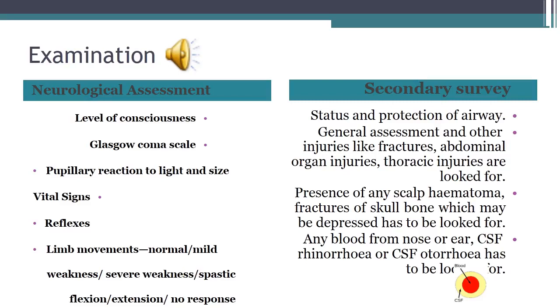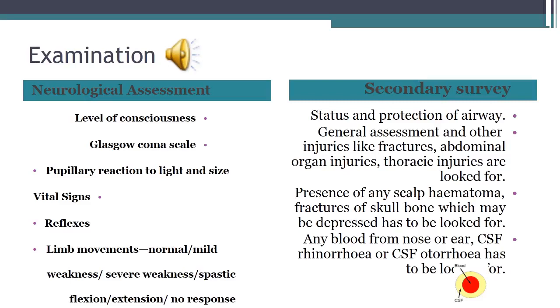If there is weakness, we note whether it is severe, spastic or flaccid. Also we look at the response or posture of the patient's limbs, whether flexion, extension or no response. During the secondary survey,